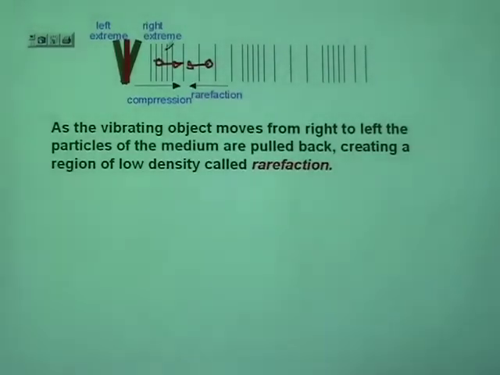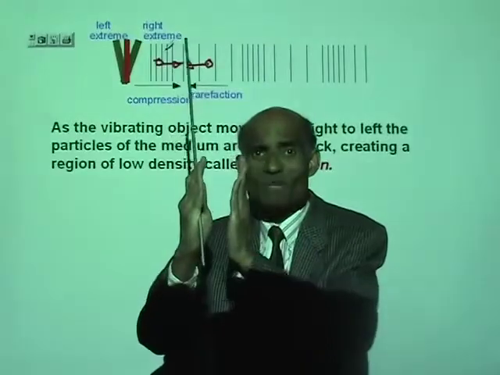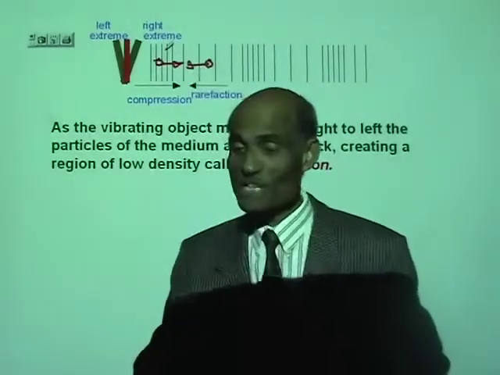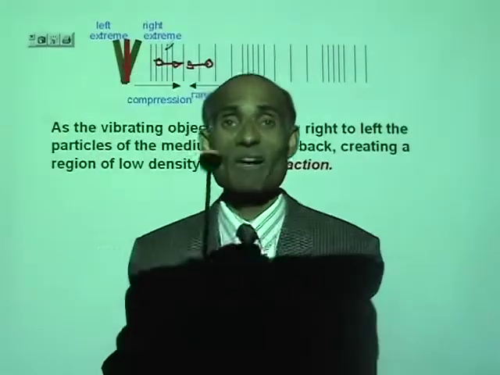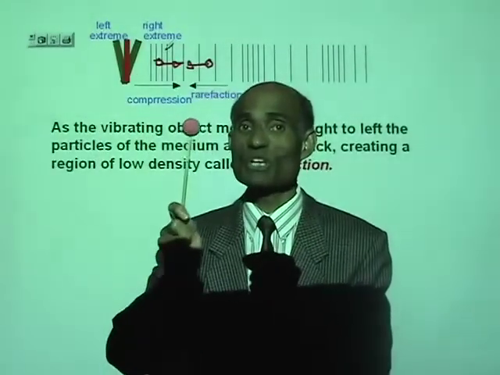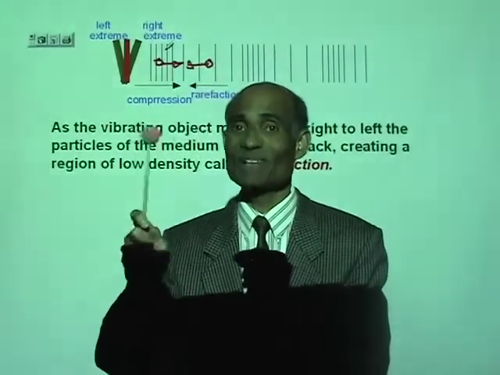So, when a particle moves to the right, it is in a region of compression. When a particle moves to the left, it is in a region of rarefaction. So, as this particle keeps vibrating, right, left, right, left,